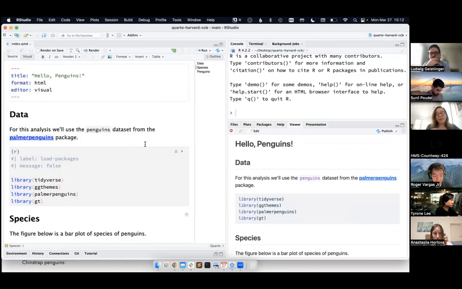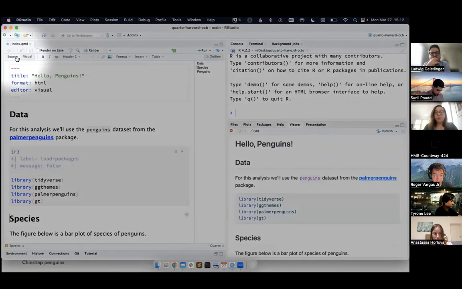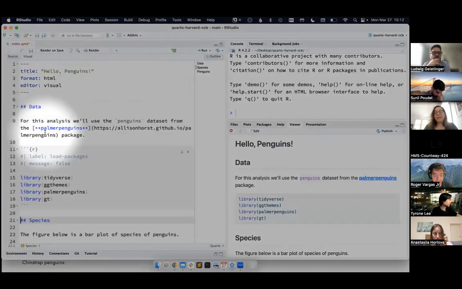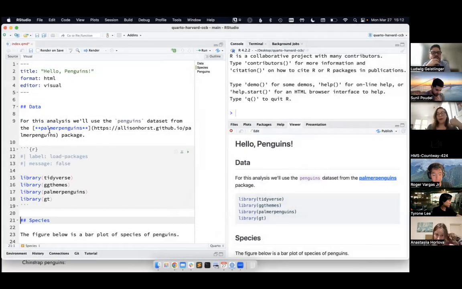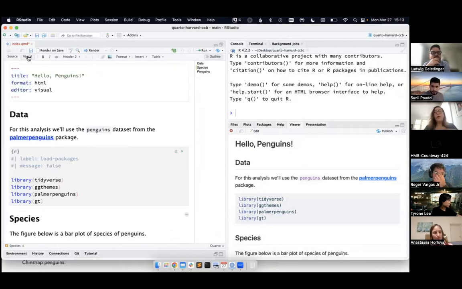But what is nice and special about the visual editor and how it works here is that if I convert to the source editor now, you'll see that under the hood, the markdown text for this is being written. So I don't have to write the markdown text. If you're like me and you can never remember exactly how to get markdown correct for something like inserting an image, this is pretty handy. You can use the tools available in the visual editor to do so, but under the hood,